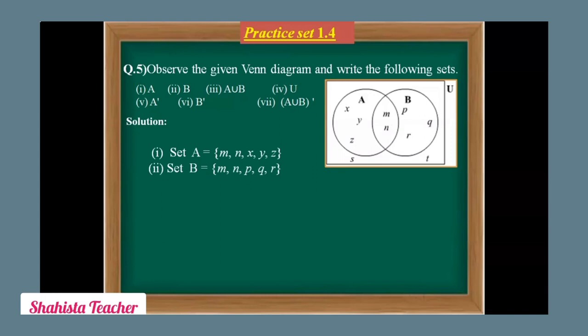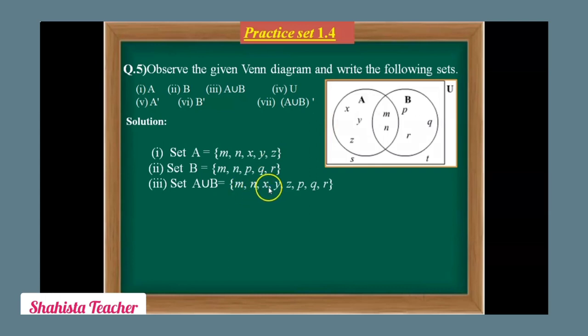We will write only one time. Which element? M and N. Do not write M and N again and again. Only one time we have to write that element. So here we will write subquestion 3, A union B. Set A union B is equal to M comma N,